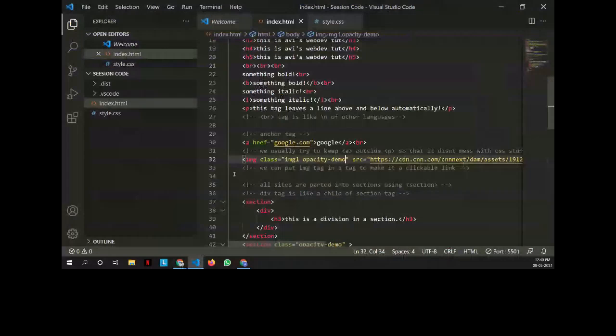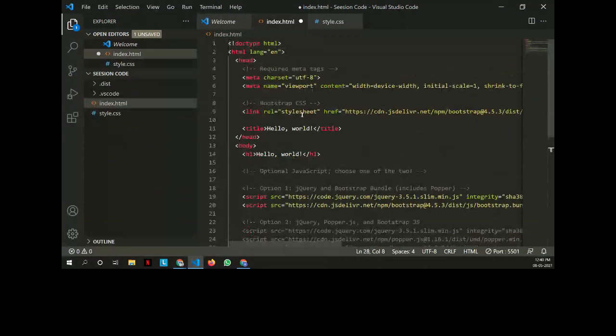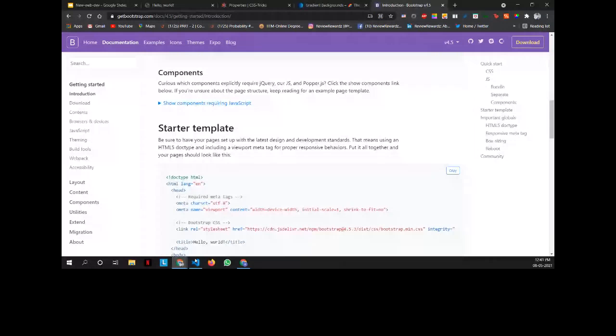Or wait a second, you all just do one thing. Directly get onto the starter template here, copy it and take a fresh index.html. I'll just remove all this and paste the starter template here. So if you could do that, take the Bootstrap starter template and make a fresh file and add it here.